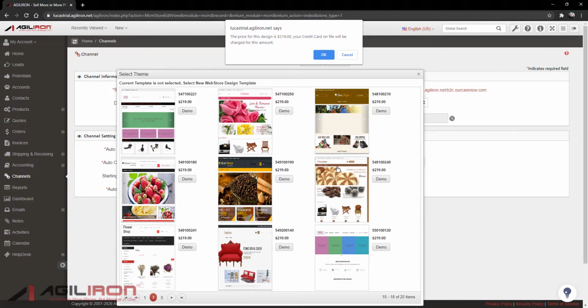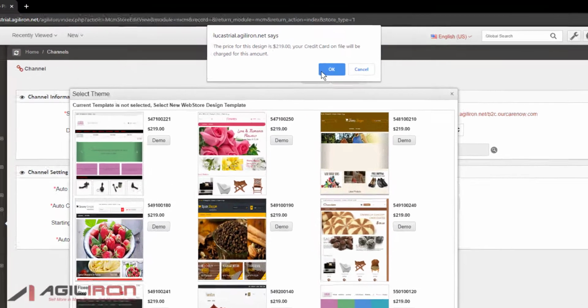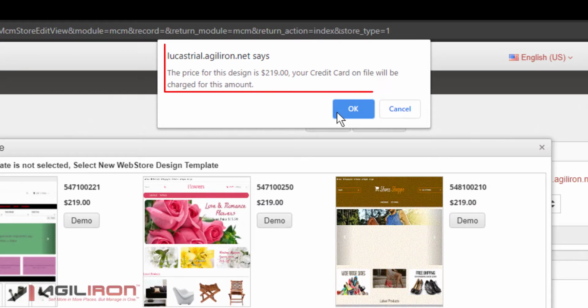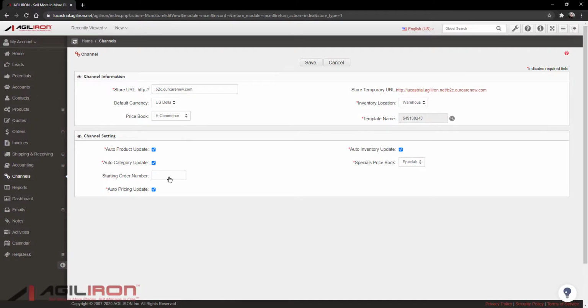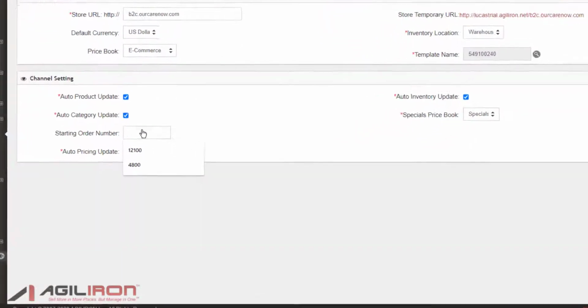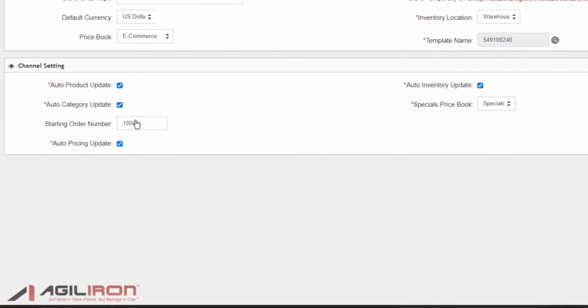Click the image to select it as your template. A pop-up will let you know that selecting the template will add an amount to your credit card billing. If you have prepaid for a template, it will not charge you. Press OK to accept. Next, in the channel setting, you can type your starting order number by typing the number